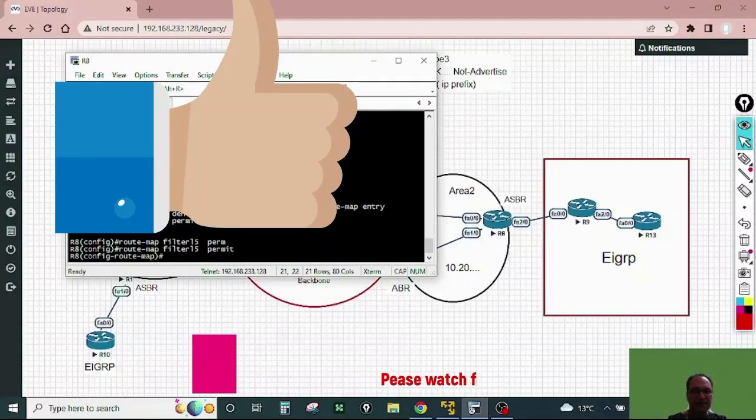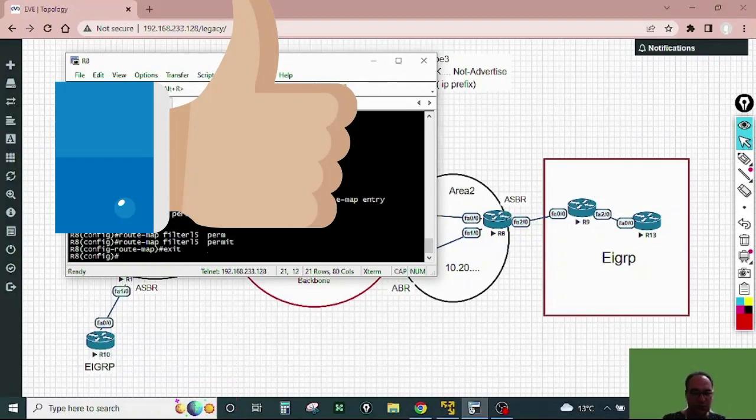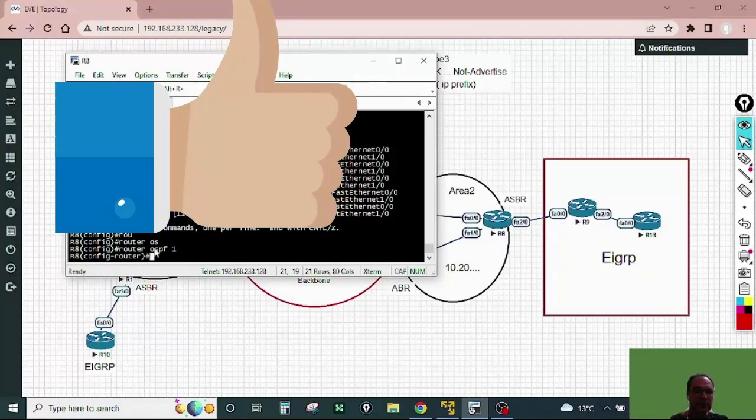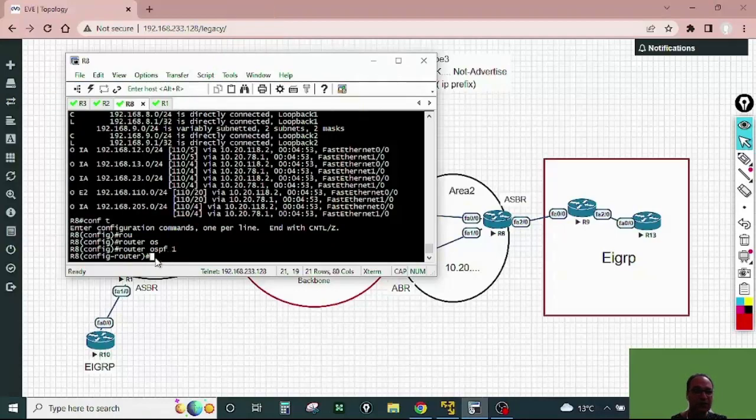So after I write this route map, I set another line with permit, and now I am going into router OSPF 1. When we route, we configure the IP prefix list and write the route map. Now I am going into router OSPF 1, and here use